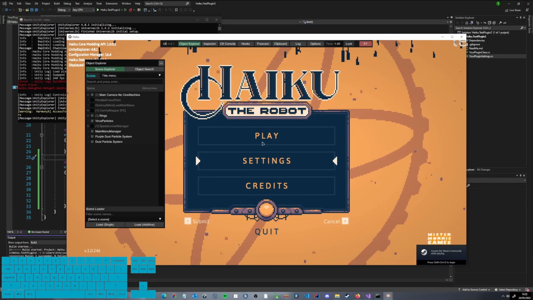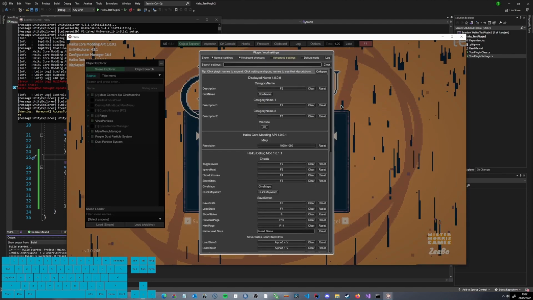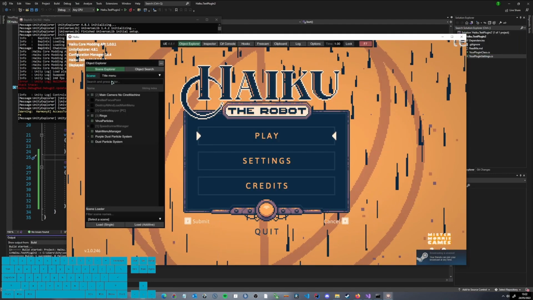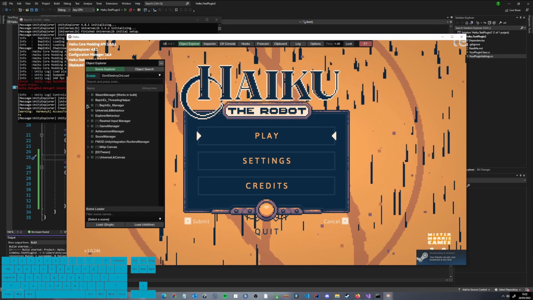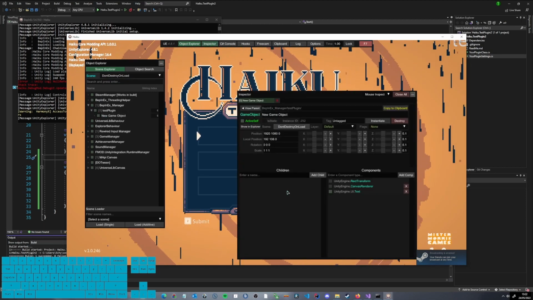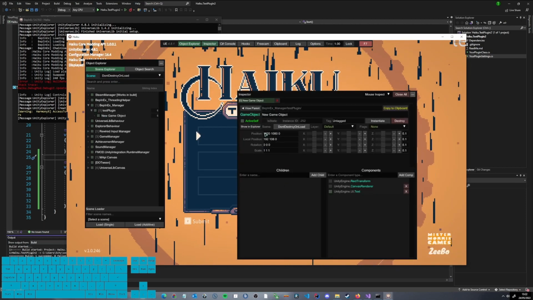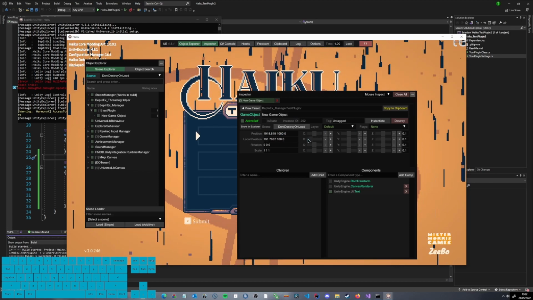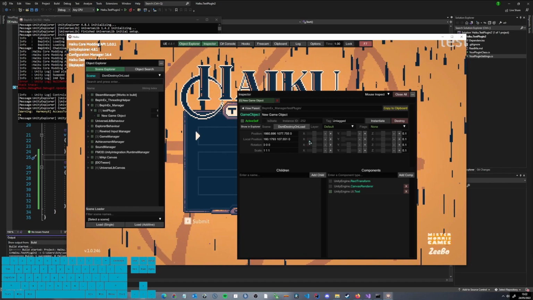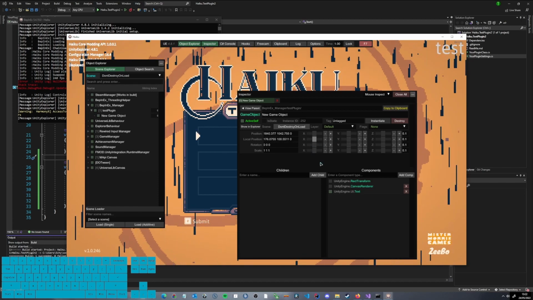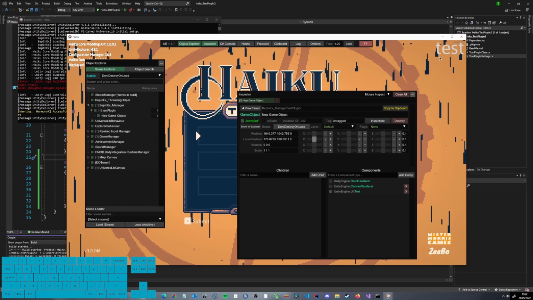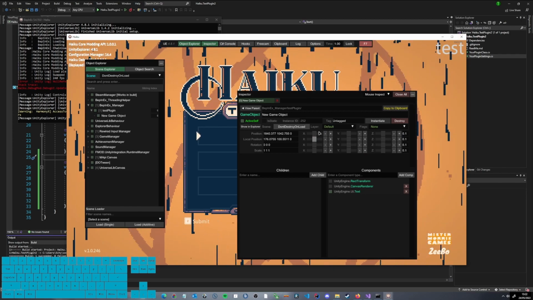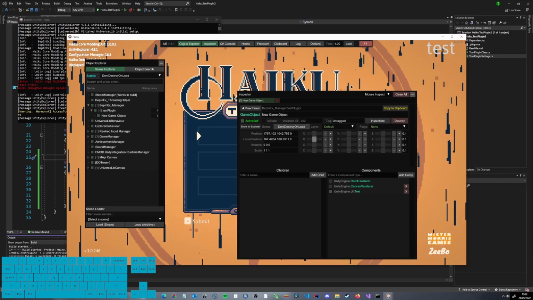Our resolution is 1920 times 1080 right now, as you can see here. So the position should technically be the same. And as you can see, it is. It's at 1920 and 1080. You can see it's up there. Also just move it a bit further down, and then you can see how much you have to move it to get it where you want.